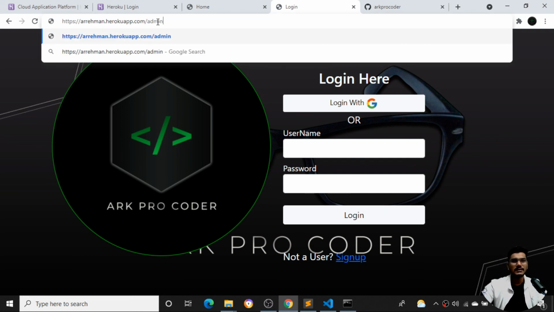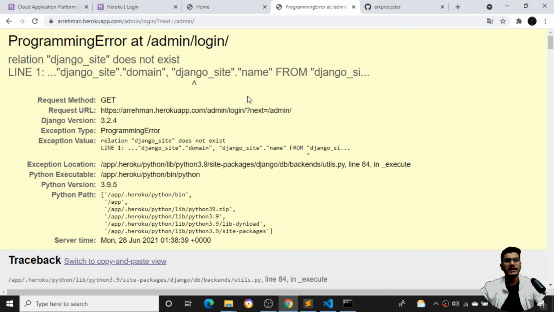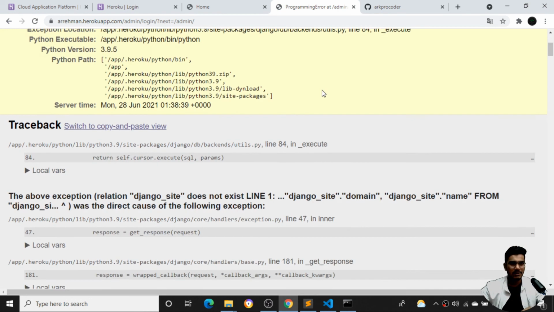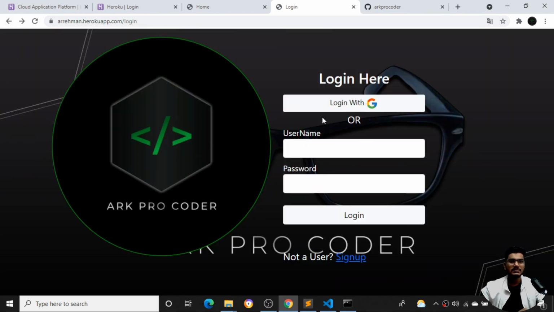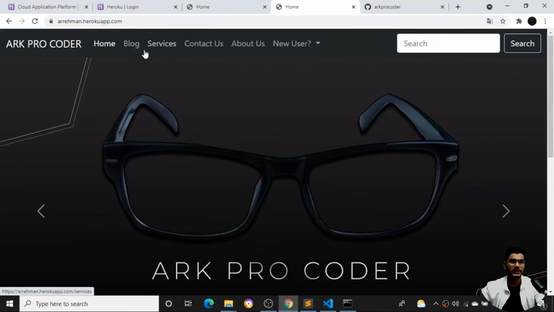Now if I go to the admin panel, the main thing is that I cannot log in with this particular credential. You can see it is giving me an error from django.site, some import errors. How can I debug this error, and once the login happens, whether the data will get saved? The data won't get saved right now. I need to run a few commands. I need to create a superuser.